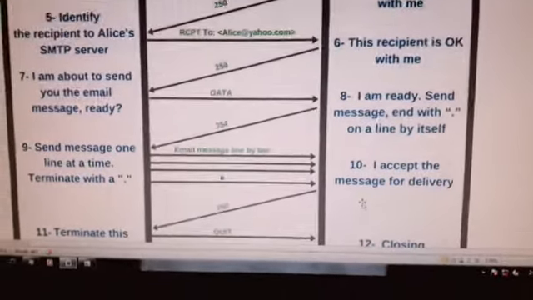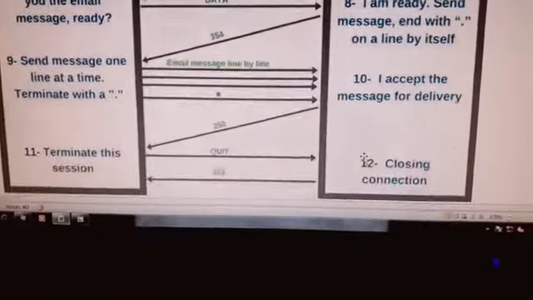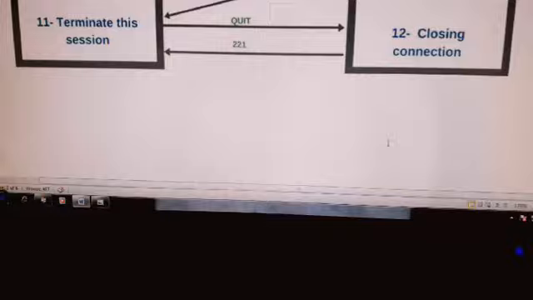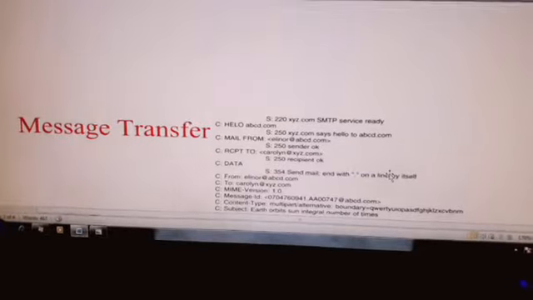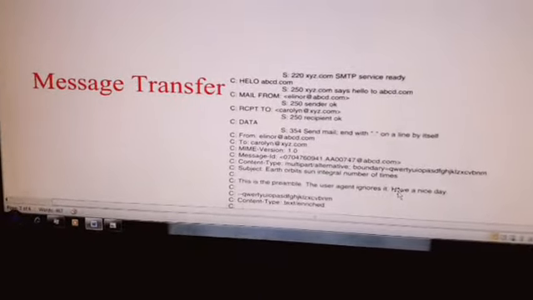Now this diagram is very important, please take a snapshot and draw it. It is the summary of all the steps that we have learned earlier. You will draw it, and I might ask you later to submit this diagram. So please draw it properly and go through it. It will help you remember the different steps. Now next is